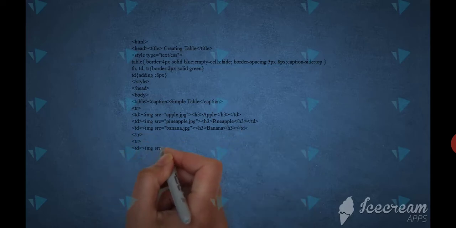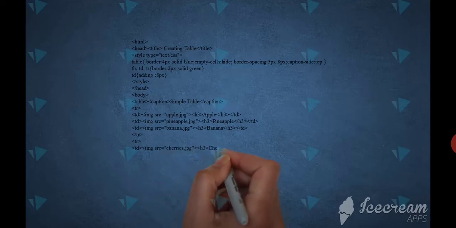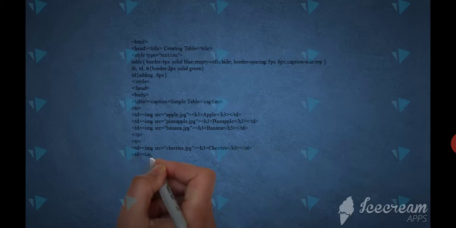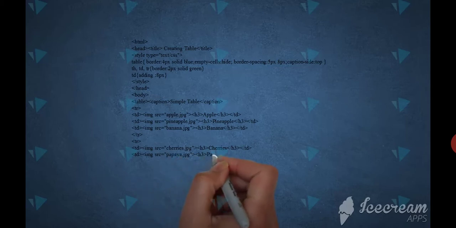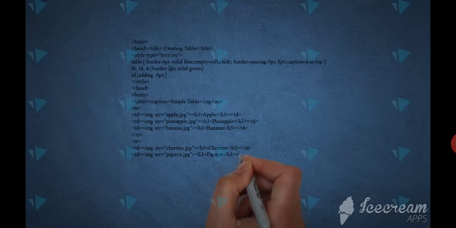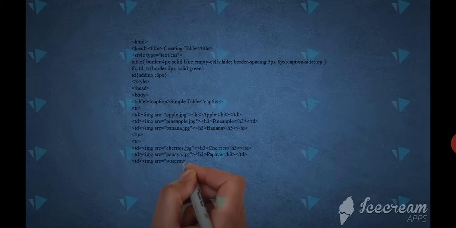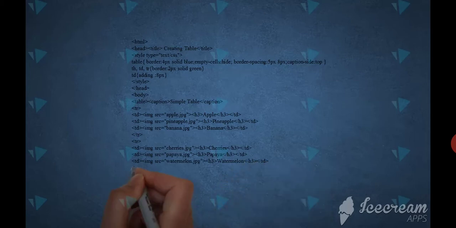See, in this way, the first tr displays the first 3 images and the second tr displays the second 3 images. Here we use h3 for making a heading. See, in this way. So write the program in a Notepad editor, then save it with .html.